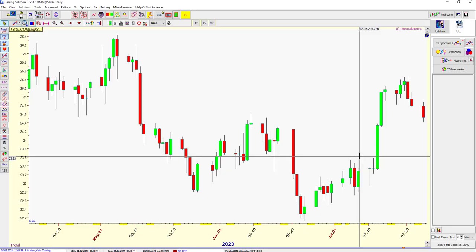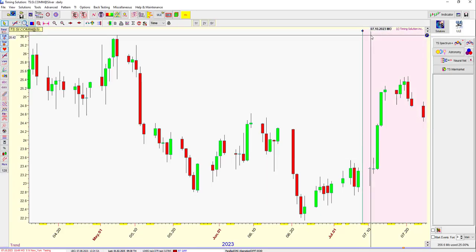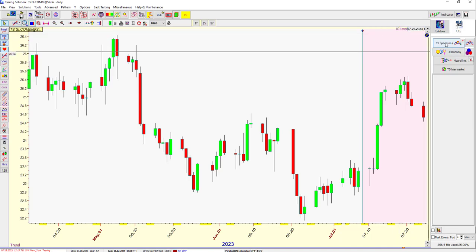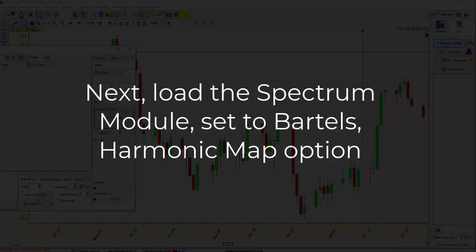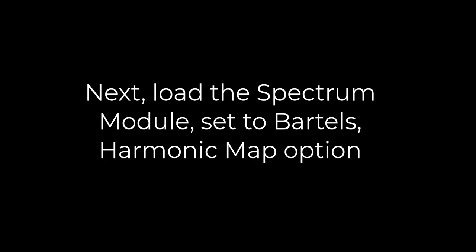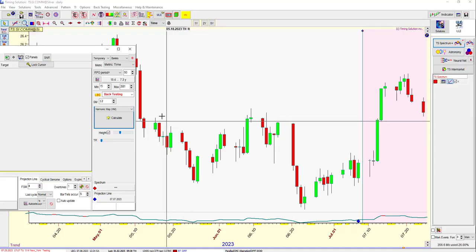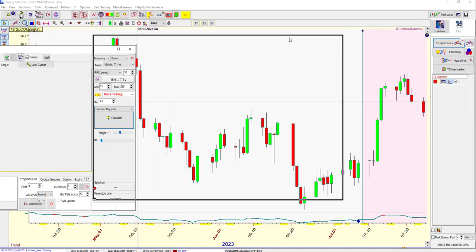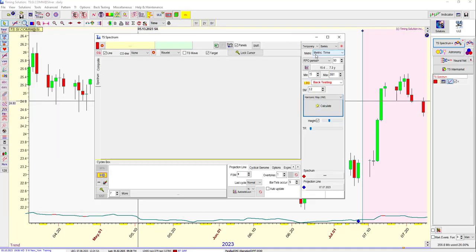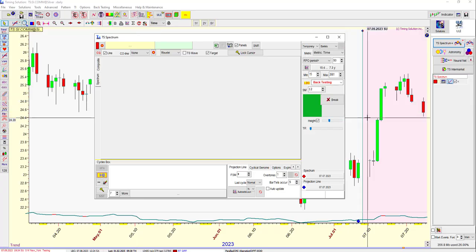To July 2023. And I'm outlining a system for beginning with any new instrument that you're not familiar with. Start with the spectrum module. And I'm using Bartels and metric time and temporary cycles. RPO period is 50, backtesting mode,